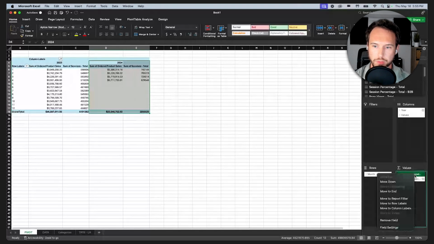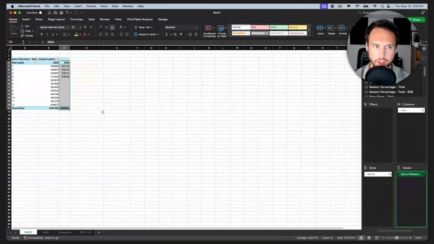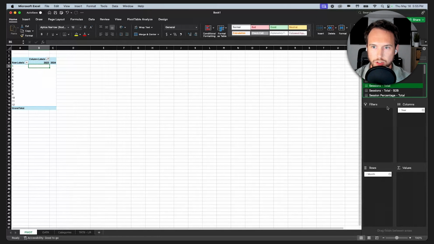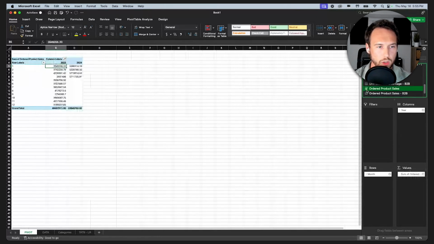Or if you need to remove a field, you can right click it and remove. And now you're looking at the sessions by month each year. So a couple different customization things you can do there. The final thing I'll say on pivot tables is if you want to do a custom field or a calculated